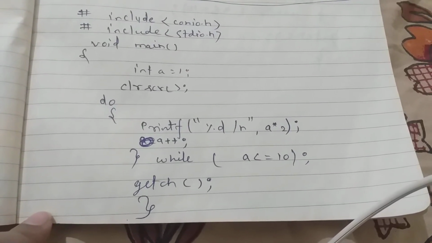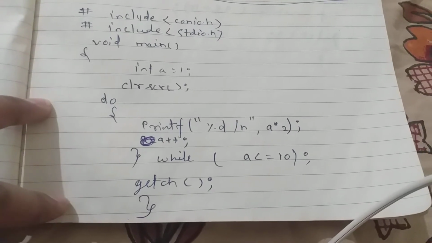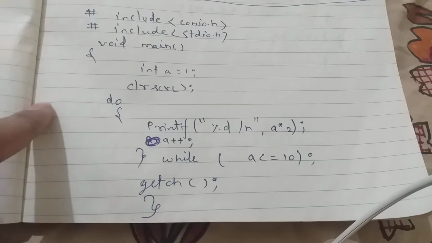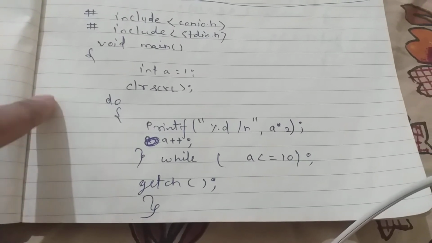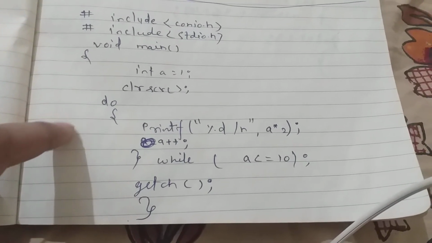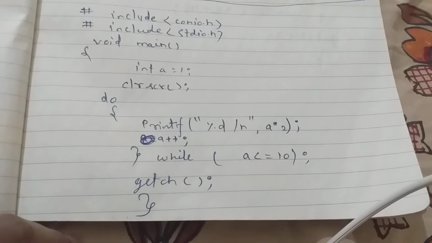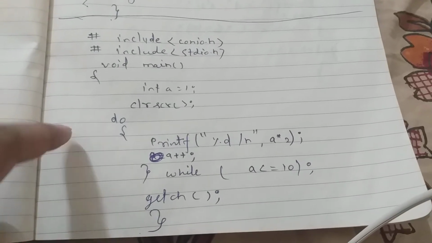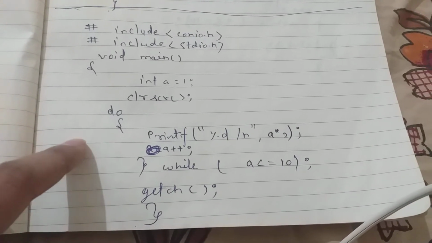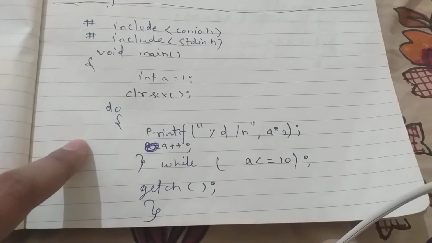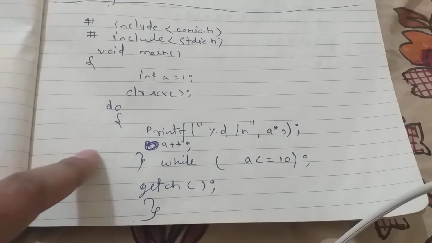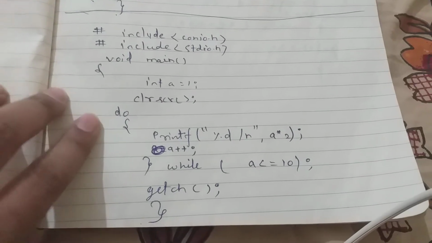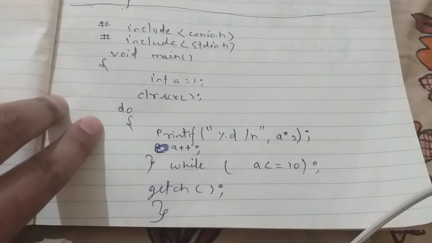2 tens are 20. So we can use this logic, as 2 is constant in each and every part, and after that 1, 2, 3, 4, 5, 6 up to 10 is multiplied to it. So we can understand that it is 2 into some variable whose value is incremented each and every time. So this is the logic. So let's start to make the program.